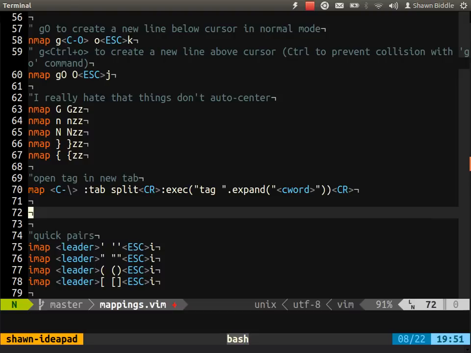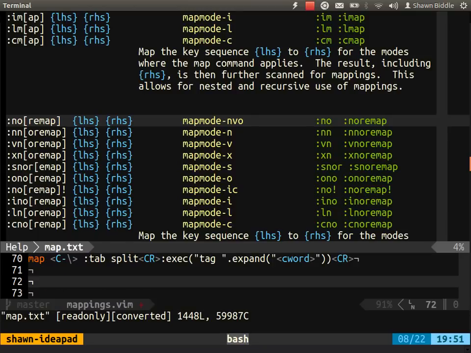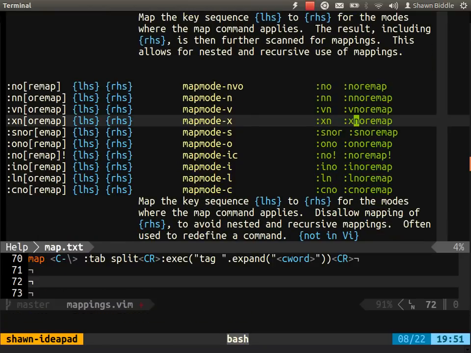I also noticed that you used two different formats for nmap, imap, and vmap, right? Yeah. For all of imap, nmap, and vmap, there's also inoremap, vnoremap, and nnoremap. The difference is explained right below in the help file. One allows you to remap. So if I just did nmap leader s, and then a plugin came along and wanted to redefine that, it would just overwrite it. So what noremap does is say, don't let anything